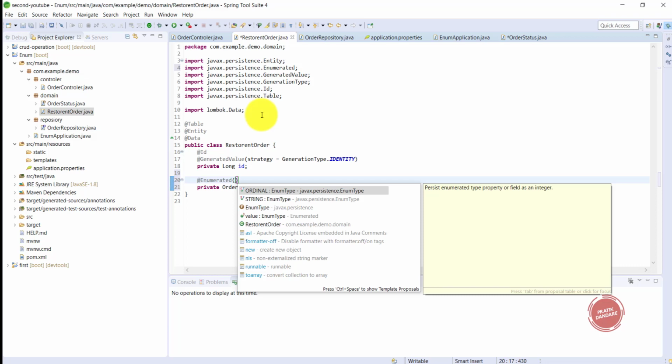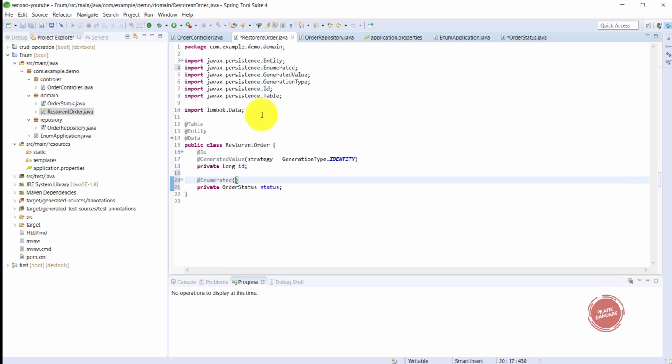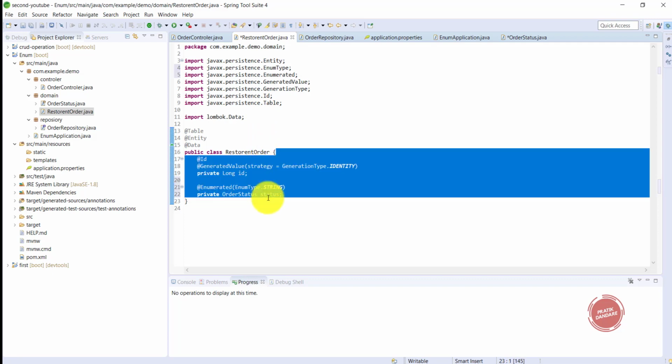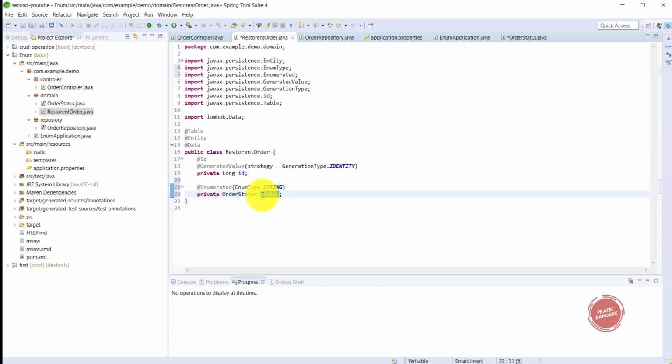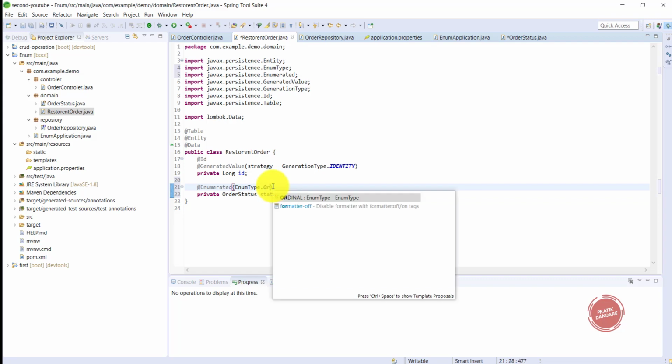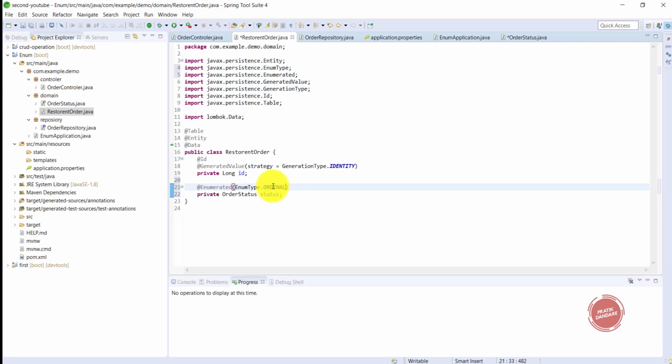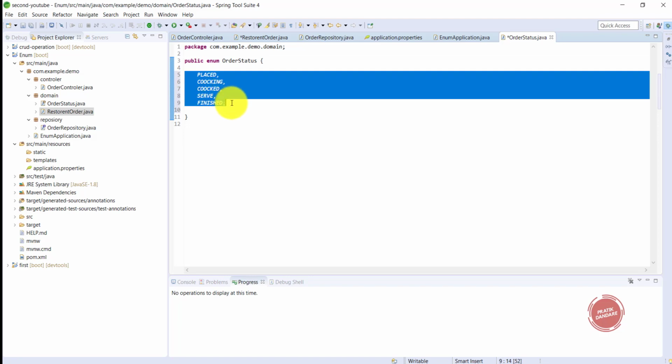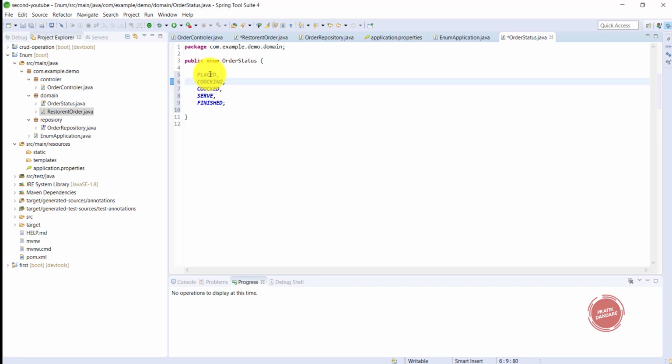For example, if we are using string, whenever you pass any kind of value with that status variable, it's going to be stored inside the database as a string. If you change it to ordinal, what happens? It just stores the order of the enum. The order of placed is 1, cooking is 2, cooked is 3, serve is 4.